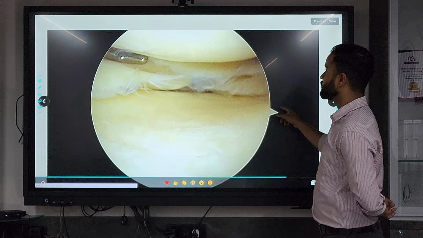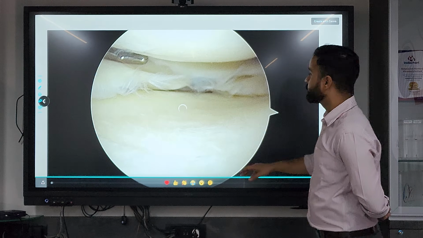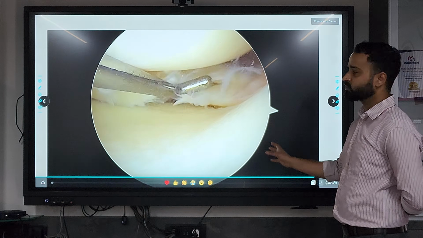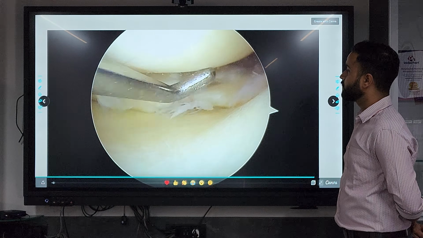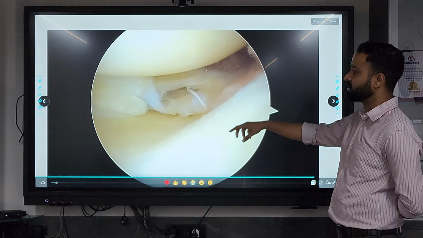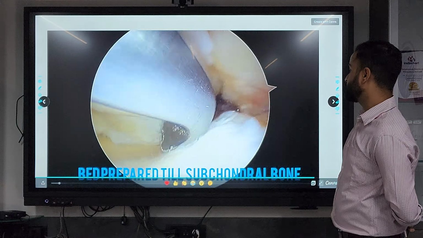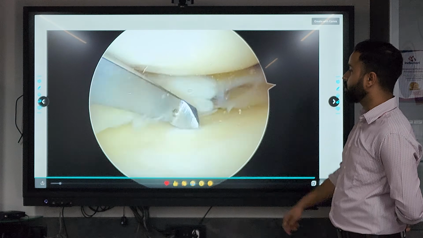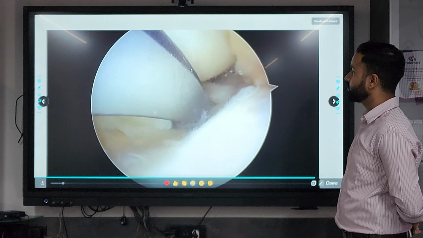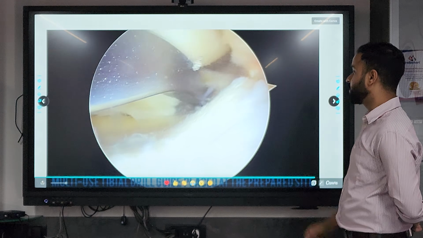So what we are presenting is something which is different from all 3 methods that we have discussed till now. So if you just pay attention to the video, this is the surgical video of the surgical intervention which was done. So again, we are showing the complex tear of the medial meniscus. We're just probing to understand the geometry of the tear. So we have to freshen the subchondral bone before placing our sutures. We have to prepare the subchondral bed just to increase the healing capability.